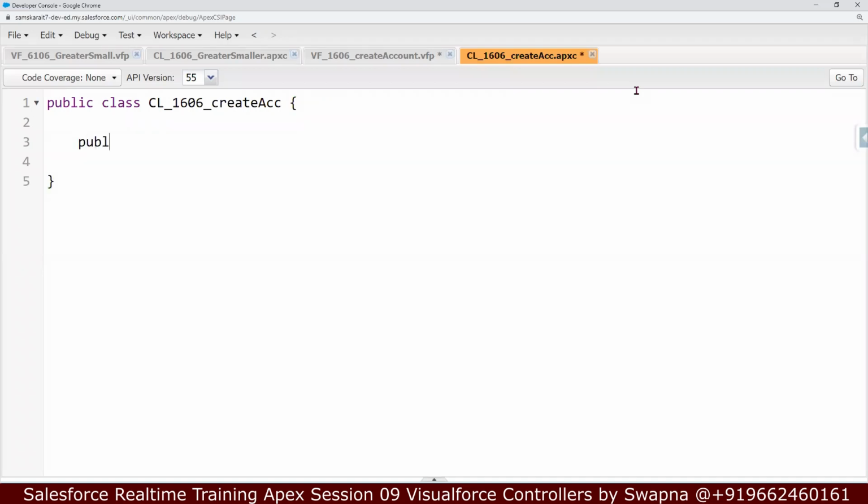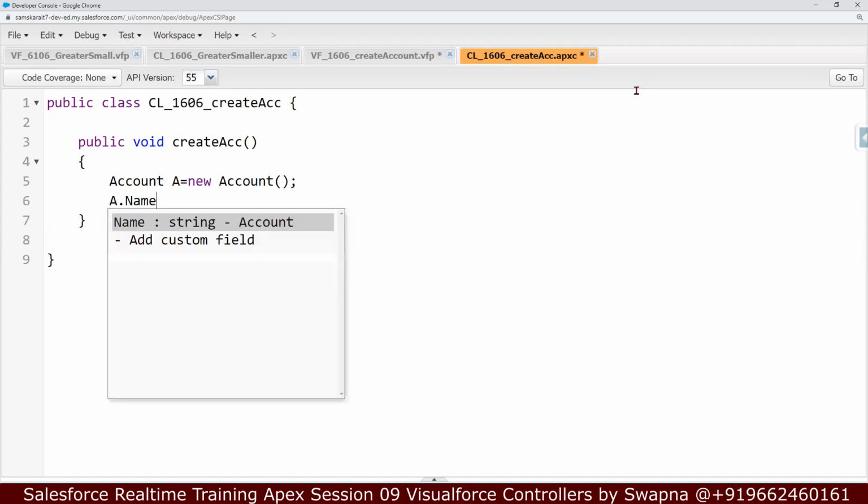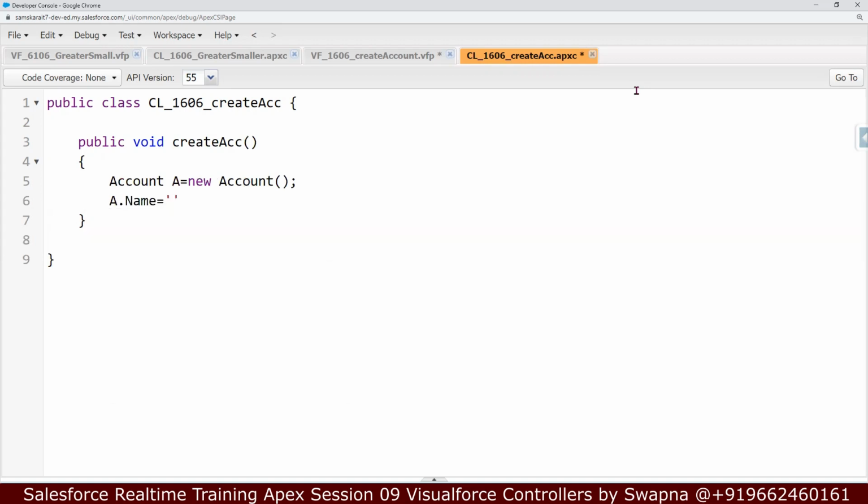So let me go ahead and declare a method, public void create ACC. Creating, initializing an object, account A equal to new account. And what are the values we need in order to create an account? The mandatory value is name, which is important. So let's say